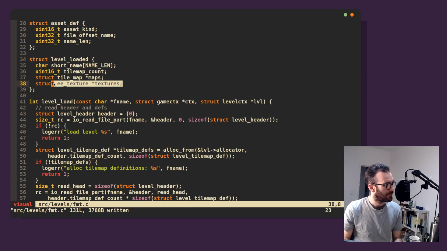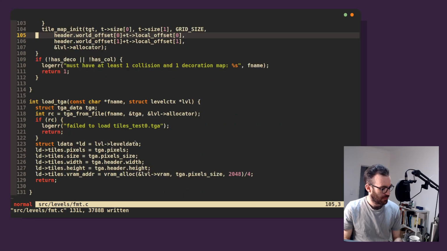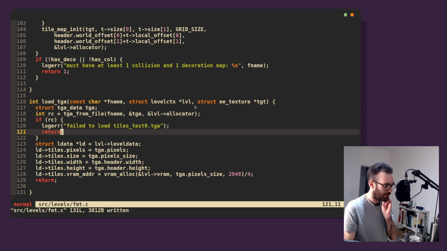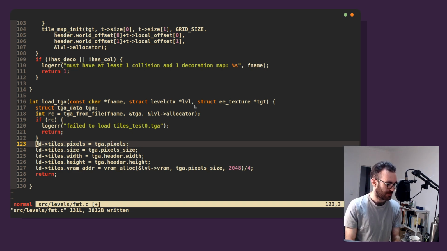Or a struct e texture that we're writing to. So not necessarily the level data, let's say struct. Right, the place where we're putting the fields for this texture. So struct level data. So we don't want this. We want target pixels. We want